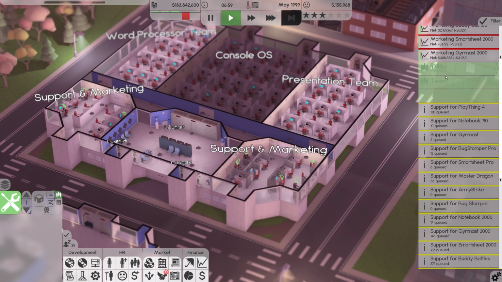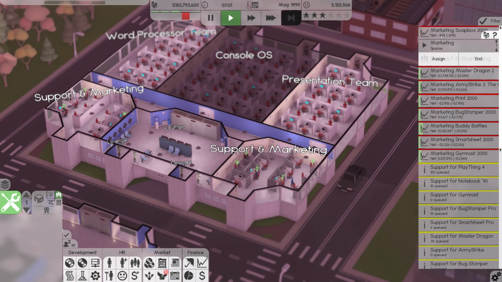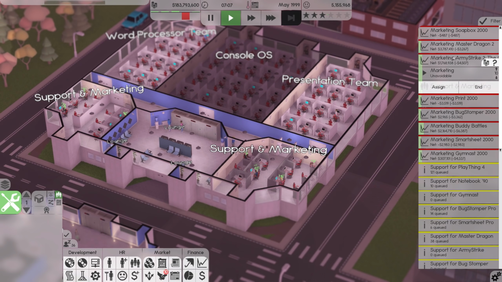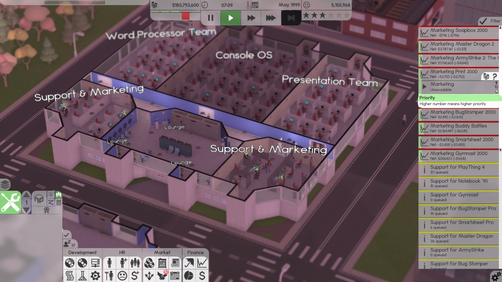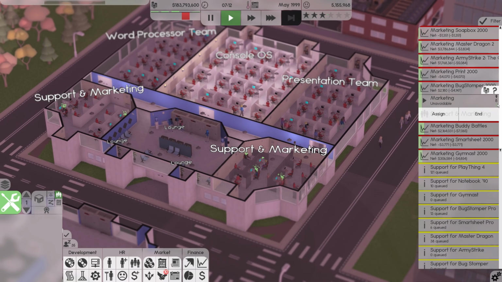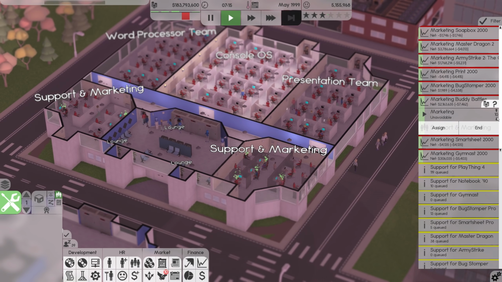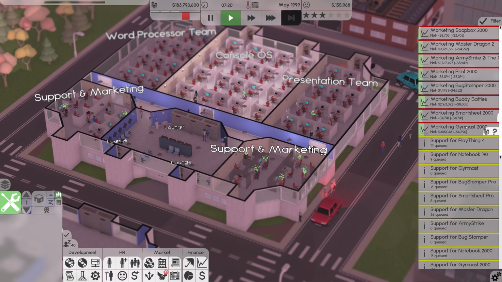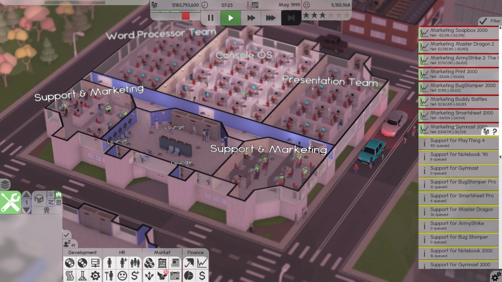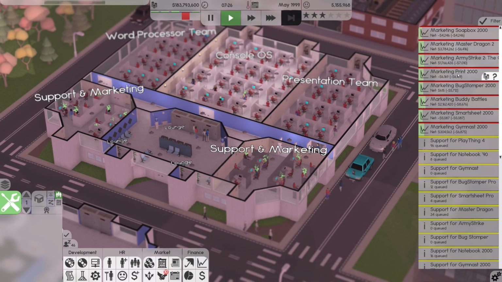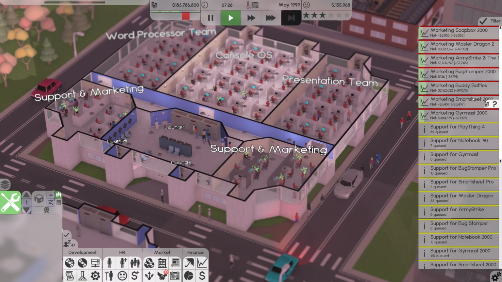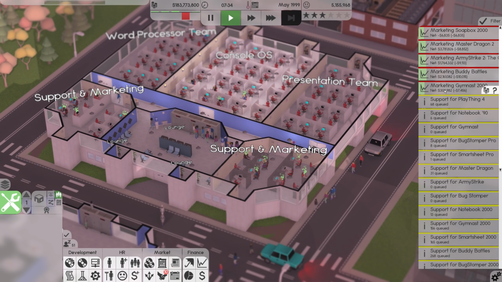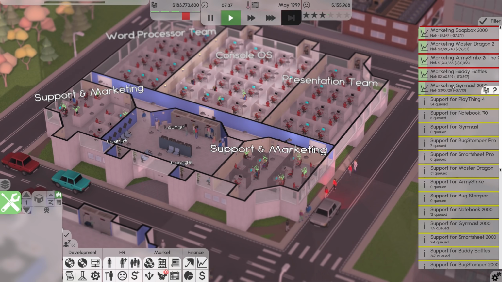And now we aren't really doing anything. Well, I say we're not doing anything. We are, but, let's see. Soapbox is there. I haven't been looking at profits here for a while either. So that's going to come down to 7. You're going to go to 6. You're going to go to 5. You're going to go to 3. And you're going to go to 2. Okay. So money-wise, Print is not making money anymore, so end marketing on you. Bug Stomper is not making money anymore, end marketing on you. Smart Sheet is not making money anymore, end marketing on you.